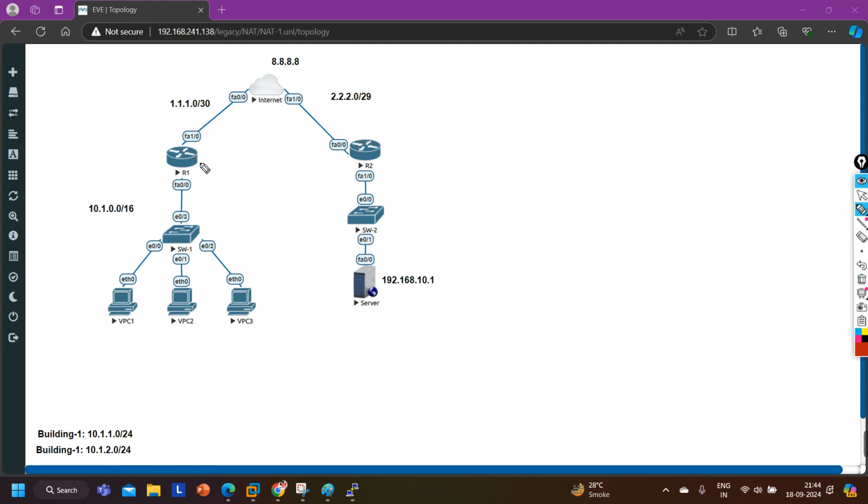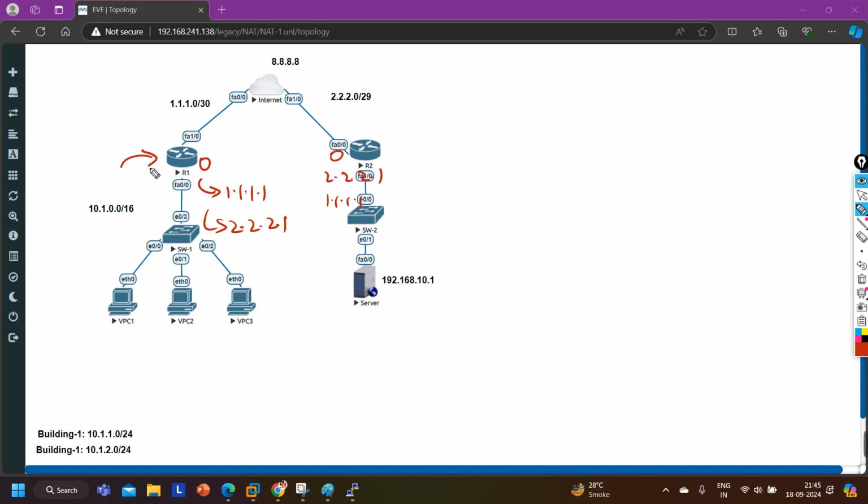So we will create one tunnel interface over here and define the tunnel source IP address 1.1.1.1 and tunnel destination IP address 2.2.2.1. On router number 2 also, tunnel source 2.2.2.1 and tunnel destination 1.1.1.1, right?